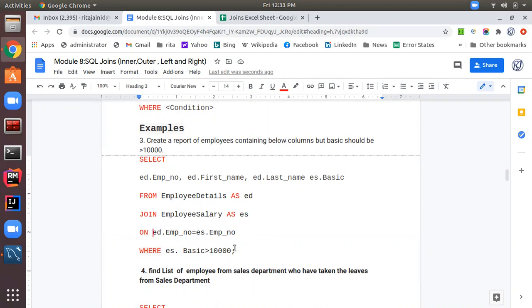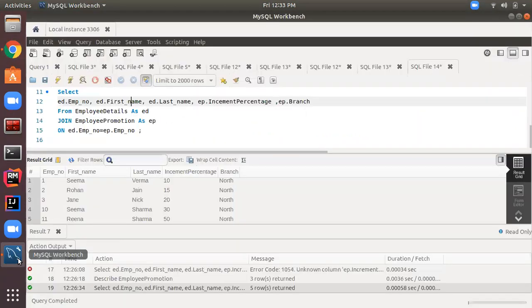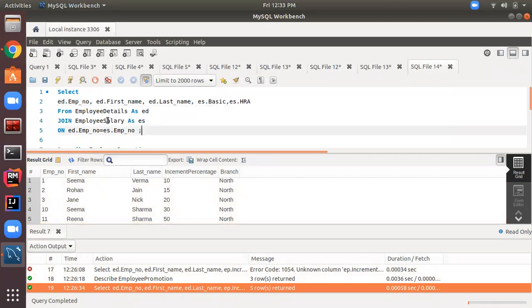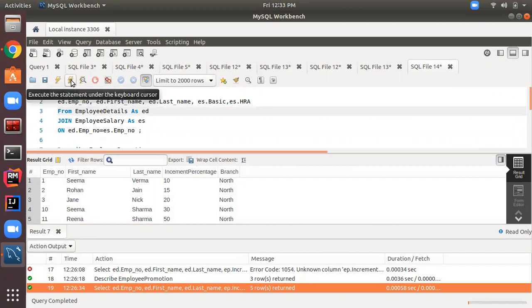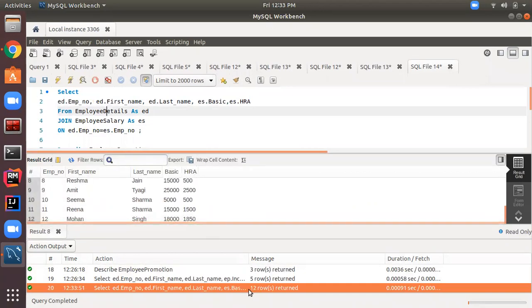Let's execute this query in MySQL Workbench and check the result. Earlier we have written a query like this. Here you can see it is showing the basic and HRA of all the records, returning 12 rows.